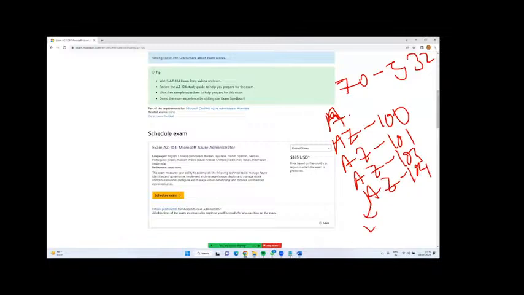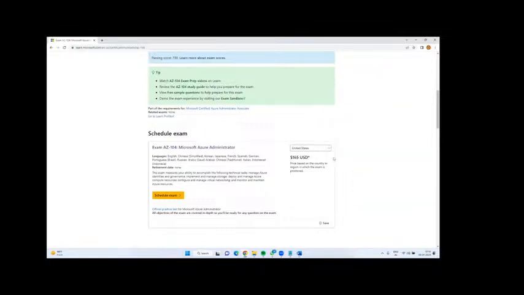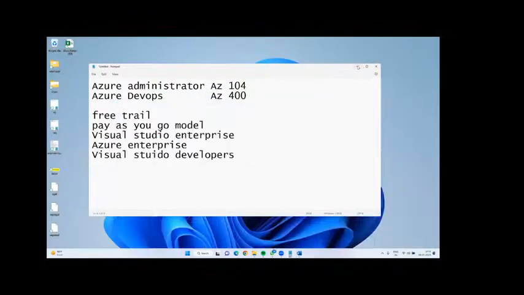These papers are valid for 2 to 3 years. You will get it on the certification itself. After that, you have to renew it and write another exam. Okay, yeah. So now all cloud services have changed. The validity of certification is only 2 to 3 years. That's it. Again, you have to renew it. Right, this is the Azure administrator story.